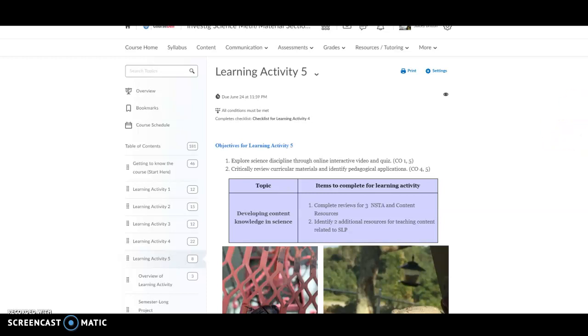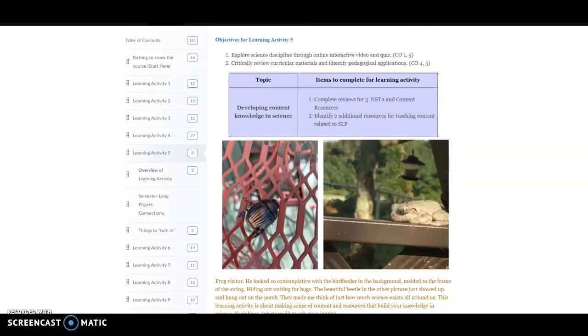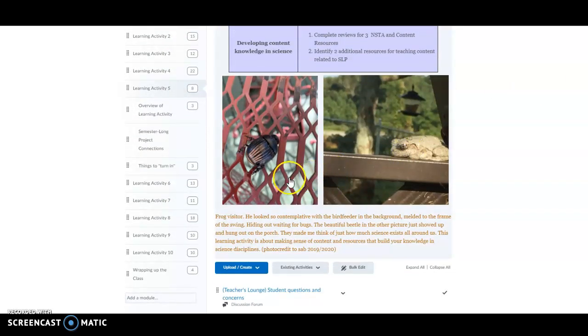The primary goal for Learning Activity 5 is for you to explore resources that will help you gain content knowledge and understanding of how to teach science better in your classroom. So with that in mind, obviously I put some cute pictures here. These are from my house. Cute little frog who looks like he's thinking about the possibilities of what's happening in the world, and this gorgeous